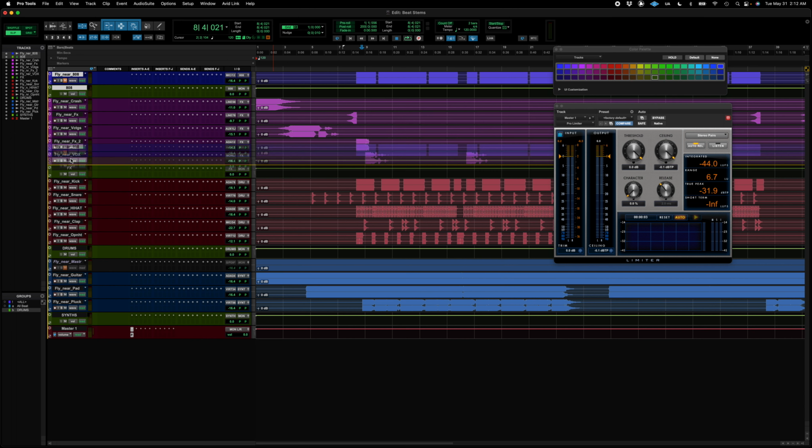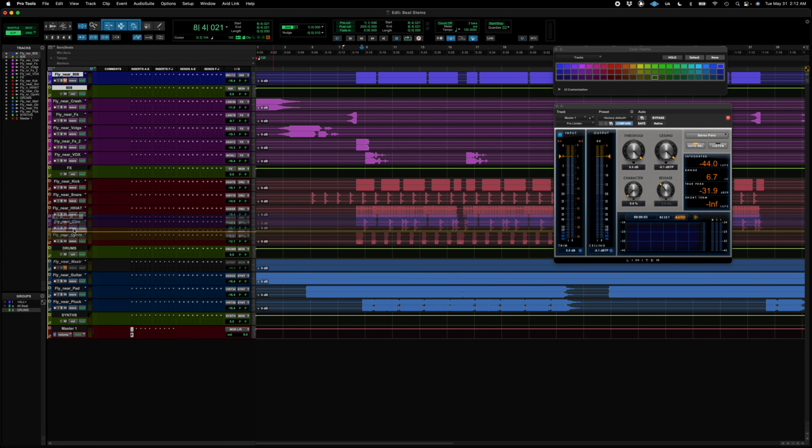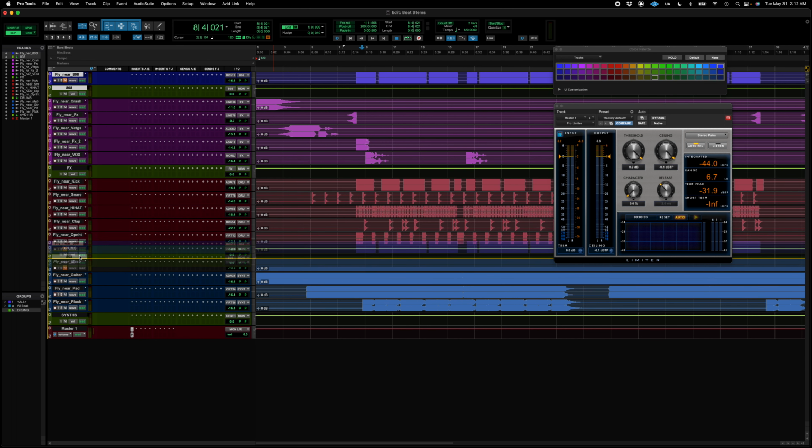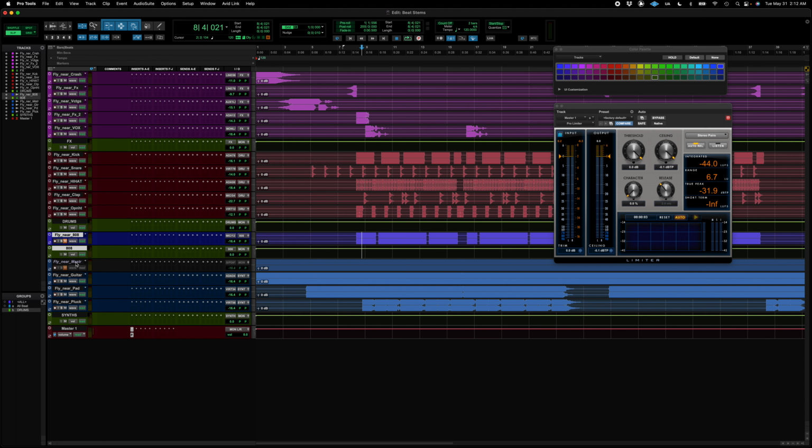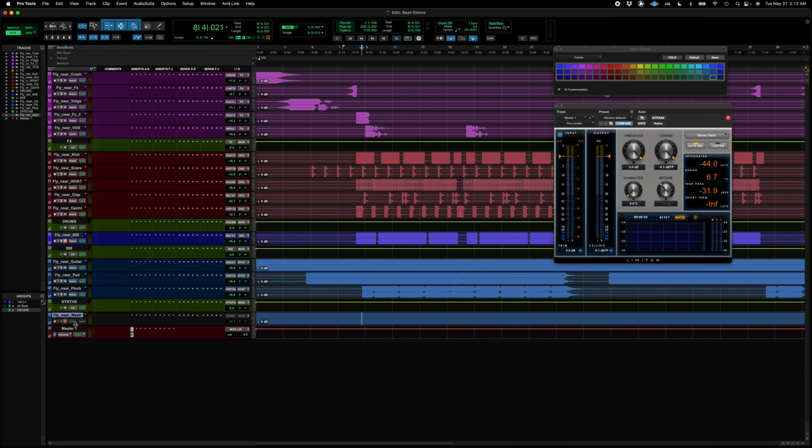So now I will move this down to where my drums are. Usually I put it next to the kick, just because the kick usually just goes right with the 808. I'm constantly working on them when I'm trying to EQ them and make them fit in the mix together. So it just makes it convenient to have the kick and the 808 right next to each other. So now I think I'm going to play it back a couple times and just kind of adjust the levels with everything playing as a whole.